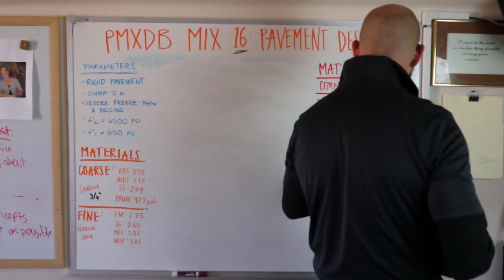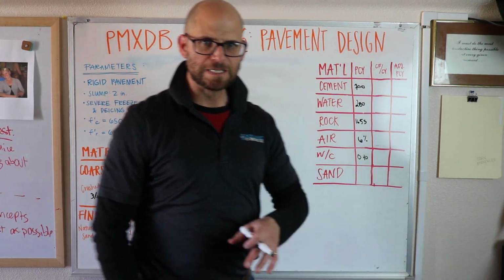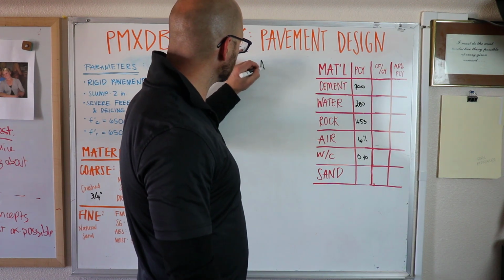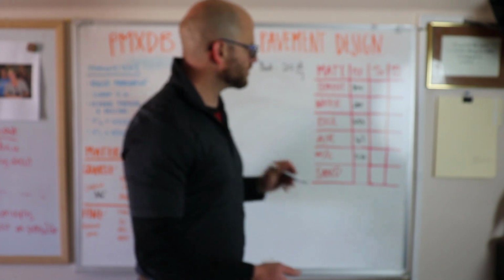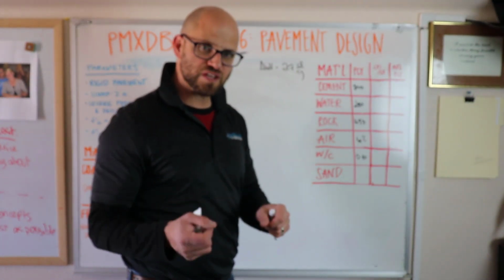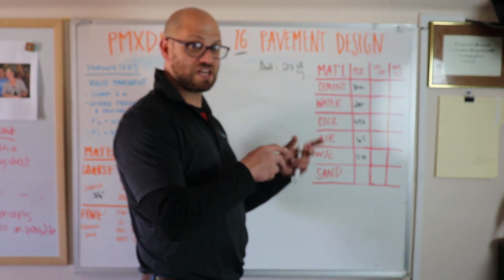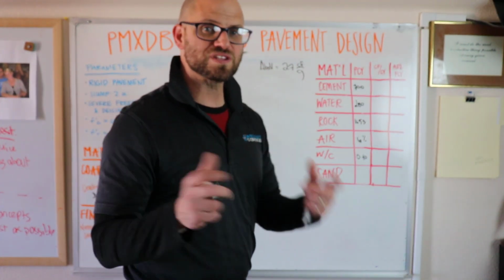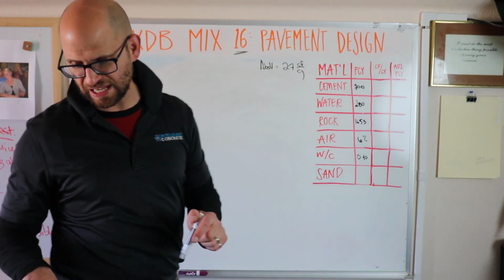So the next portion is we've got to figure out the sand content. Now we can do that one of two ways. We're working with an absolute volume. We've got 27 cubic feet in a cubic yard. So what we can do is determine the amount of cubic feet per material that we're playing with, and then from there pull out from 27 that total that we've already used, and that residual we can use with sand. Right? Another way of doing that is adding up all those materials, and then on table